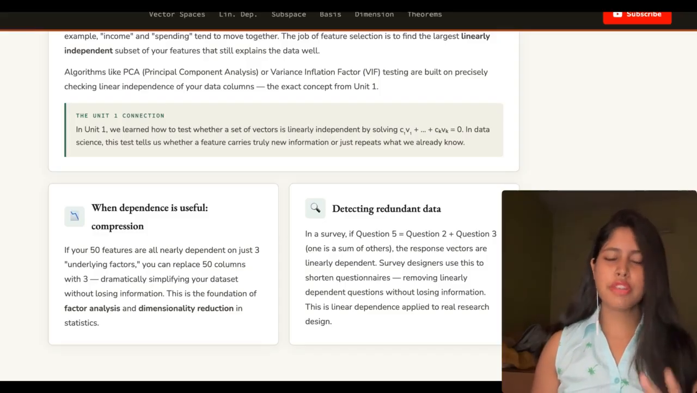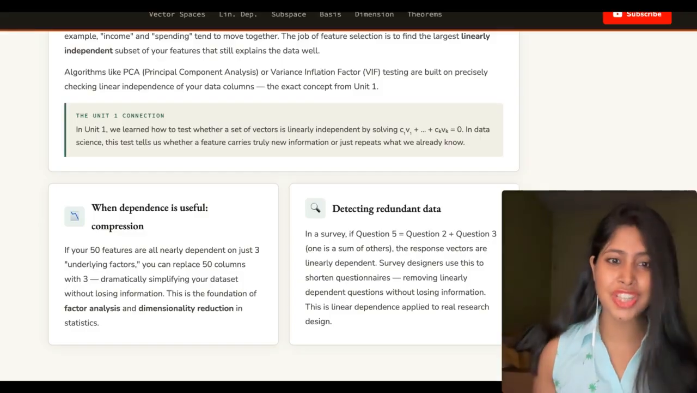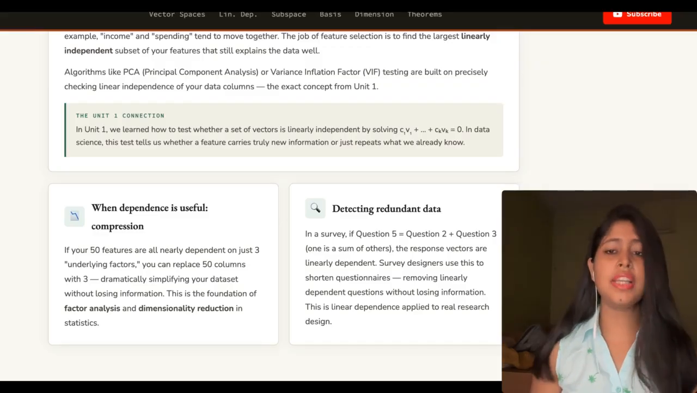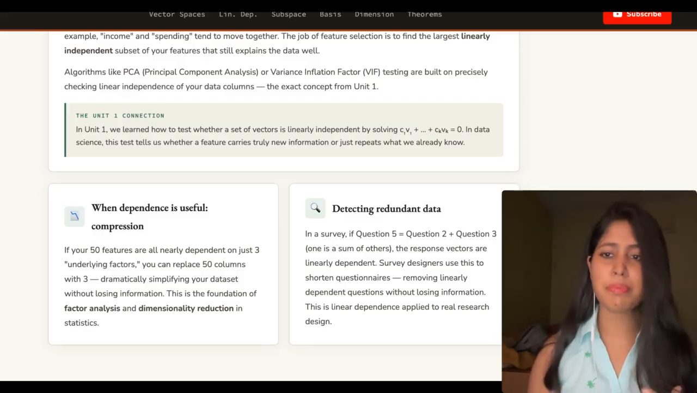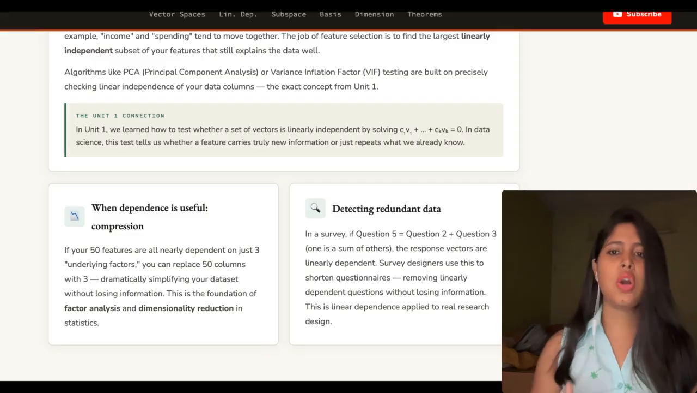Now, if I flip the side, what is the significance of linear dependence in vector space? This is very interesting and very important. Linear independence is what we want. In data science, the goal of feature selection is to find the largest set of linearly independent features. Each independent feature tells the model something genuinely new, something that cannot be reconstructed from the remaining features or the previous features which we know, right? Algorithms like variance inflation factor testing are doing exactly this, testing linear independence of your columns when they diagnose